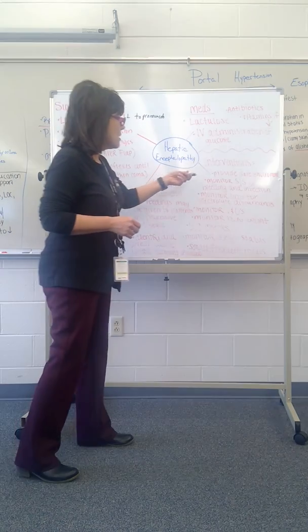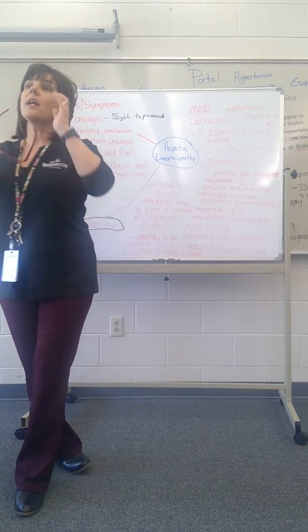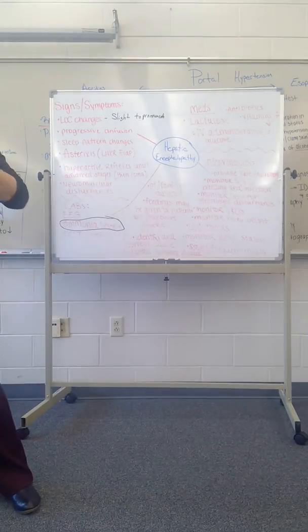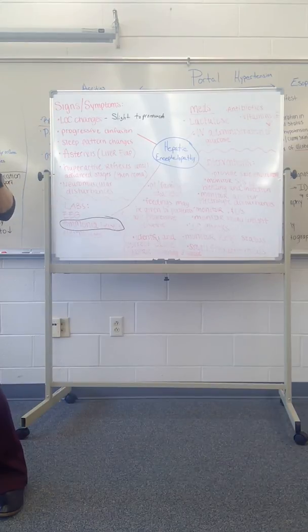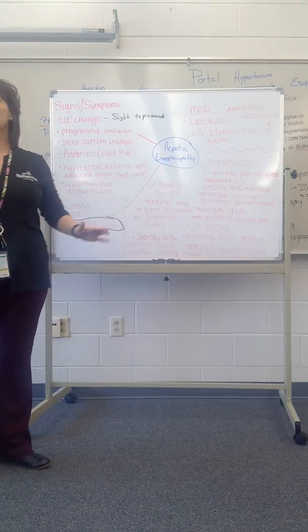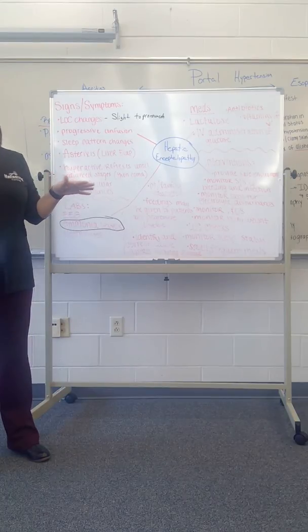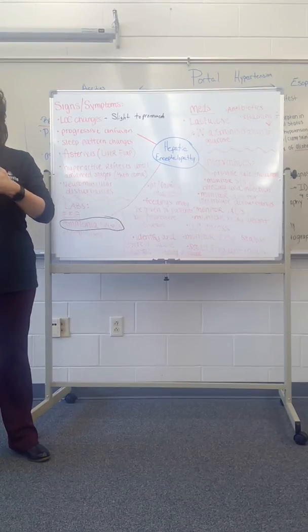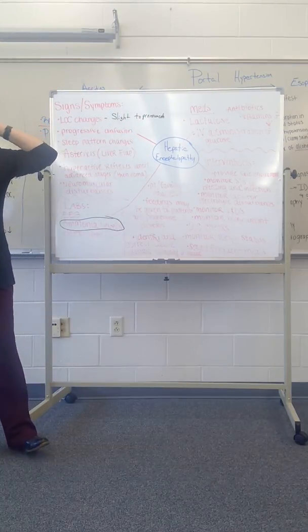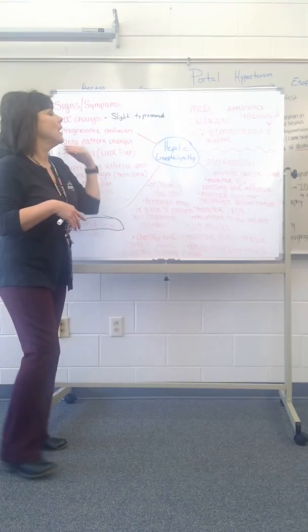Our interventions. We want to provide a safe environment for the patient. If you think about having hepatic encephalopathy and all of these other things, they're kind of confused. They don't really sometimes know where they are. So we really need to have a quiet, low lit type area, okay? But it needs to be safe, clutter removed, things within reach, because we want them to stay on bed rest if they have ascites, because we don't want that aldosterone or renin system being triggered.